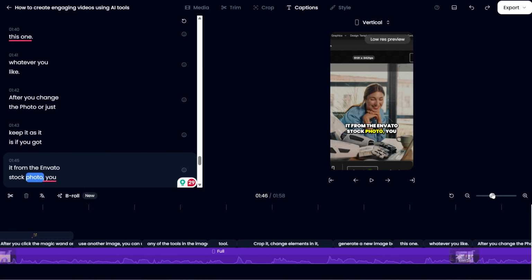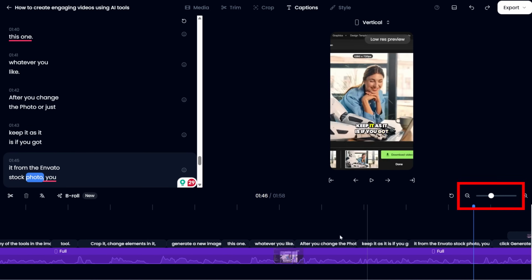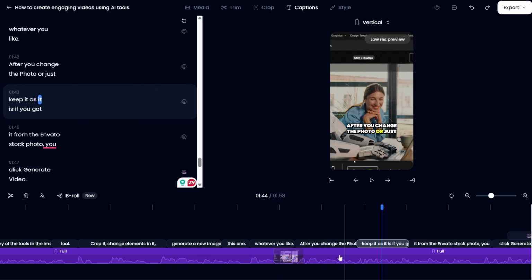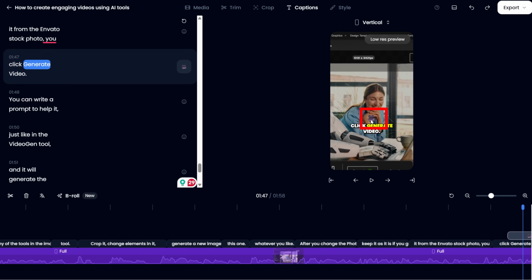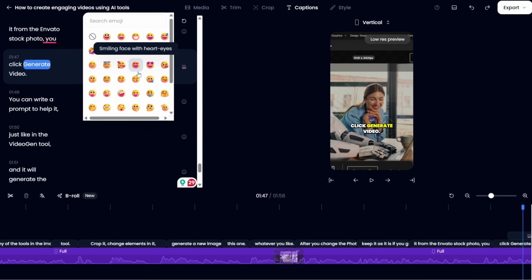The captions are on top of the original clip in the timeline. You can expand the timeline and read the text if you want to fix something specific in the caption. You can see that on top of the captions, there are sometimes emojis. Those are generated while you create the shorts. You can disable it before the short generation, and if you want to remove them, you can just click on